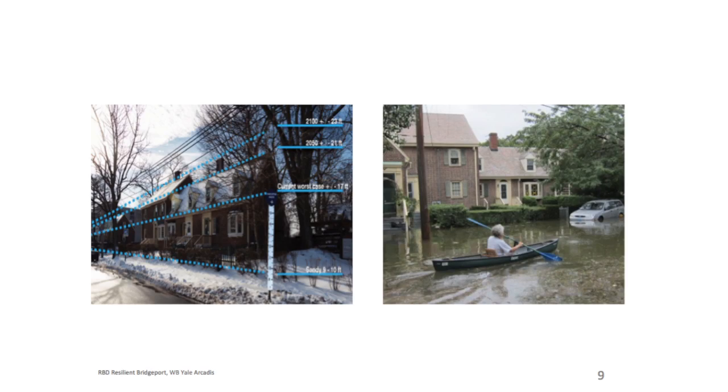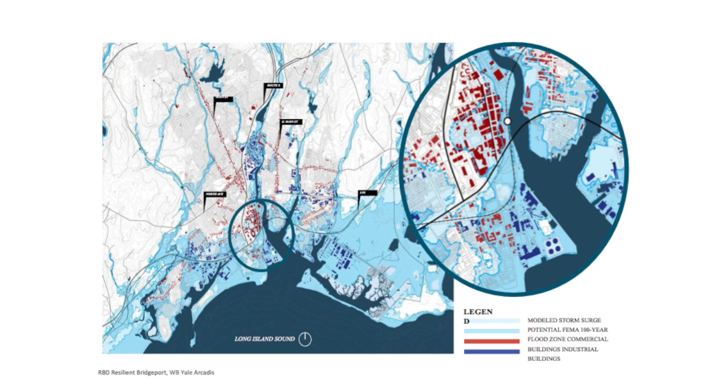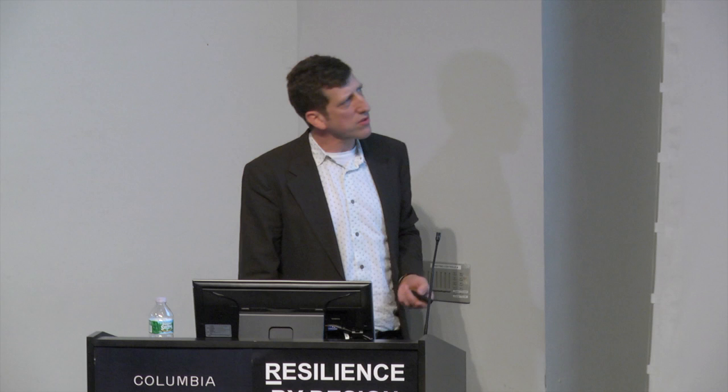So here's a project that I worked on in Seaside Village in Bridgeport, and you can see from the example here on the left that these guys have a real issue. Here's Sandy on the right, where there was a flooding concern. It's located in Bridgeport here in the 100-year floodplain. And when you look at Bridgeport as an example of a post-industrial city and the kind of risks and concerns that it might face over the next 50 to 80 years, it's a fairly limited scale in terms of the size, and look at all the area that's essentially potentially floodable.